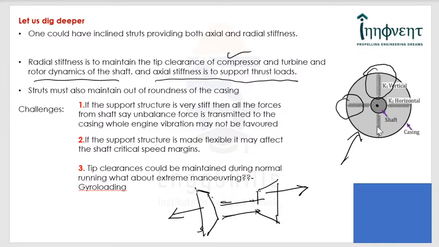But if we design the bearing support structure stiffness to be lower, then what could happen is the shaft rotor dynamics gets affected. That is, you are compromising with the vibration margin, and also your tip clearances can get affected. So it is the trade between rotor dynamics, tip clearance, and also whole engine vibrations that has to be carried out, and that is the challenge for a young designer, because he has to understand several facets that are directly or indirectly linked with his or her component. It is not just the one component alone.